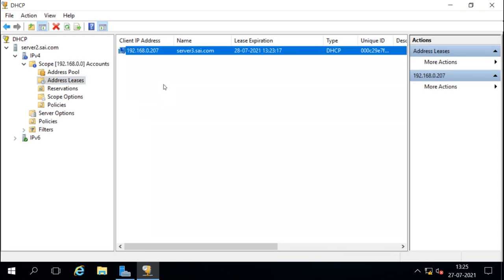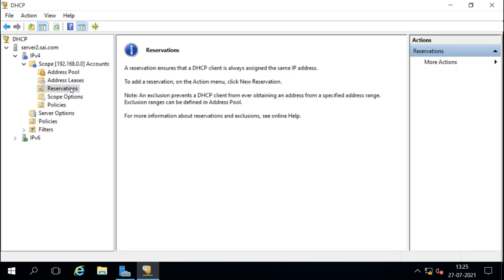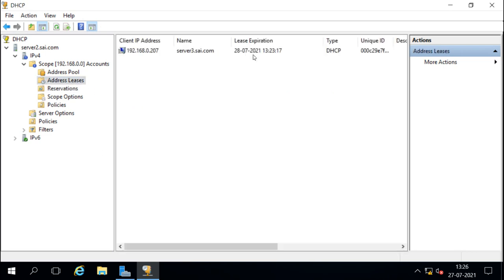Now one more thing we can do is to reserve some IP addresses. We can create the reservation. Now what is the reservation and what is the use for this reservation? Remember, the IP address given through the DHCP is on lease, and when the lease period expires, it has to renew the IP addresses. Now suppose at the time of the expiration, the machine was not running. For example, this server 3 is not running, tomorrow it was shut down at this time, so it cannot renew the IP address.